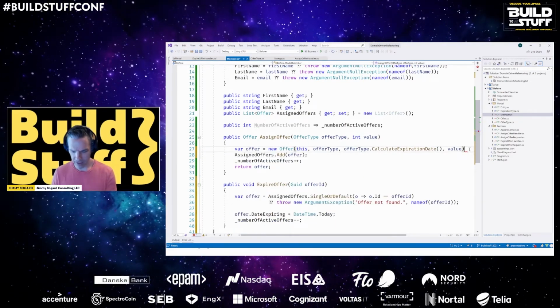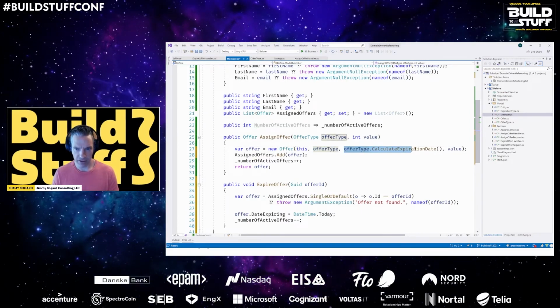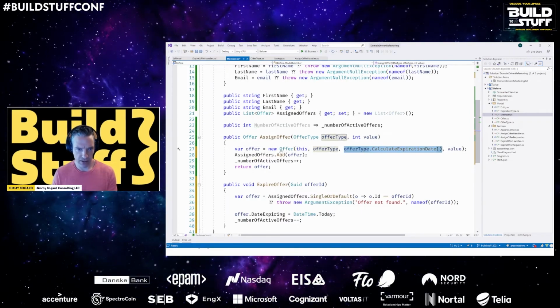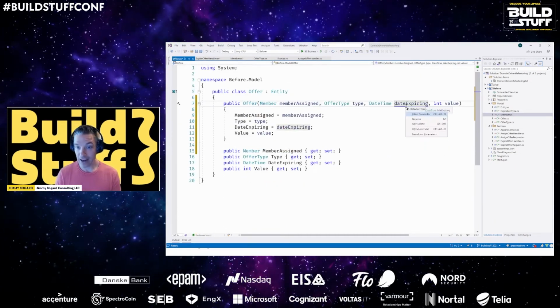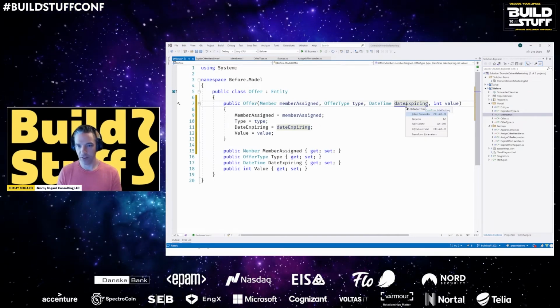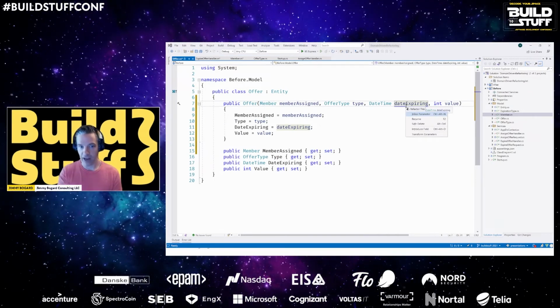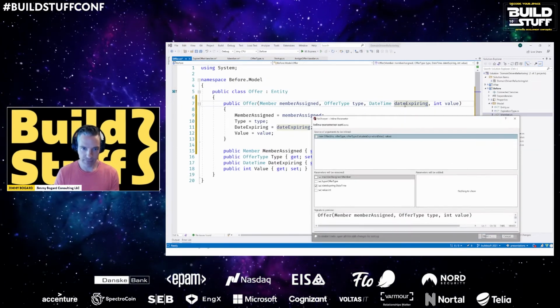Now the weird thing about this is I've got the offer type being passed in, as well as the expiration date. So if I go to offer, I can actually inline this parameter, which is to say, find all the usages of this parameter and replace the value internally with whatever value was being passed in. So when I inline it,